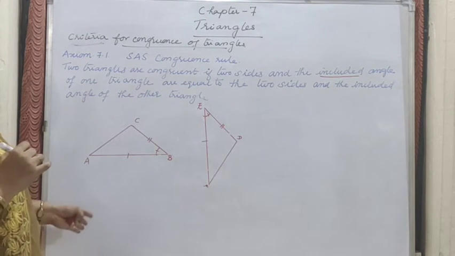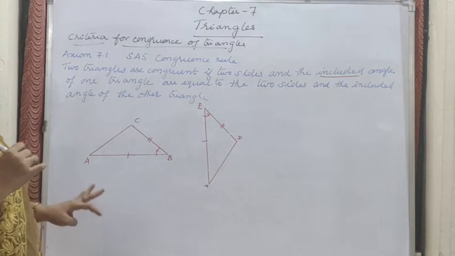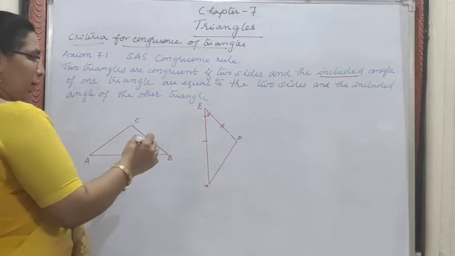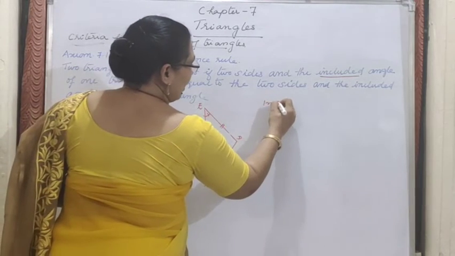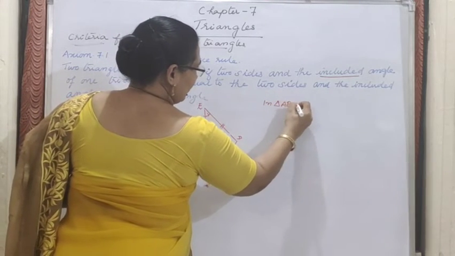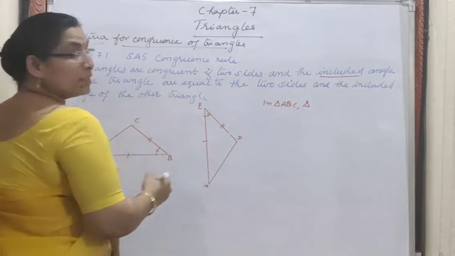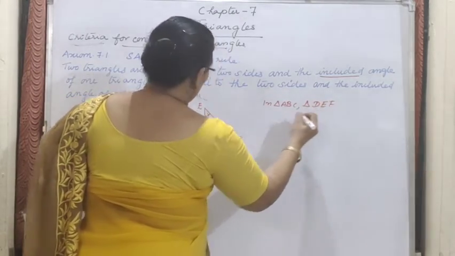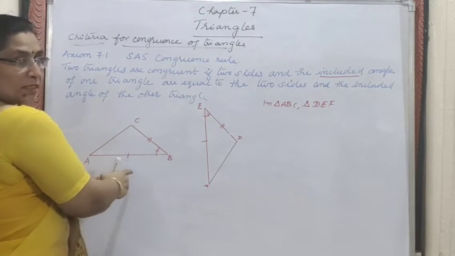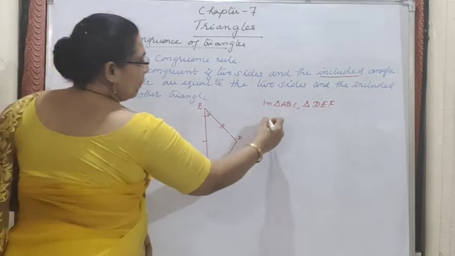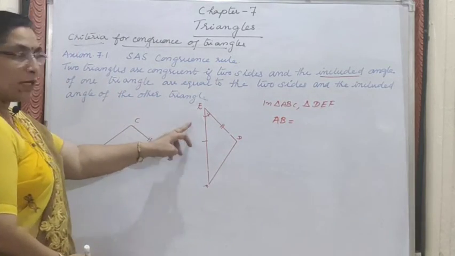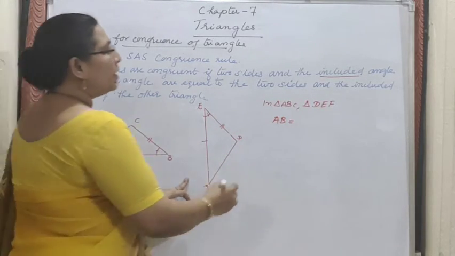Now I have drawn the triangles here. Equal sides are marked. Let us see how to write that. The first triangle name is triangle ABC, so I'll write here triangle ABC. What is the second triangle? It is DEF, right? So we will write triangle DEF. Now I am marking one equal sign for this side, that is AB. The equal sign is marked here, AB only. Correspondingly, which side for this triangle? It is EF.